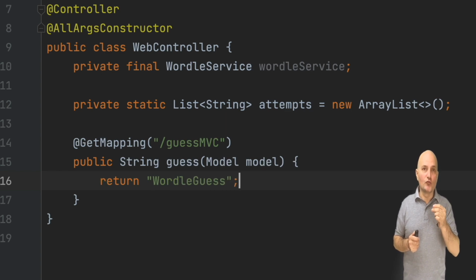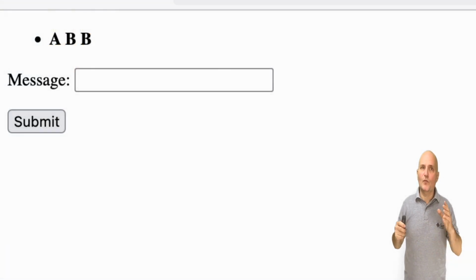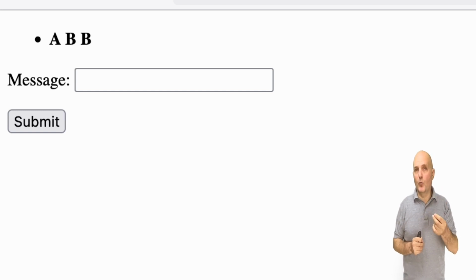Next, we need to run this. There isn't much to see here. At the top, we can see the list and notice that the formatting looks the same for all the colors. I also had a typo where I wrote the letter B twice. Then there's the guess text field and the submit button. If we press the submit button, we will get an error that the post method isn't supported.